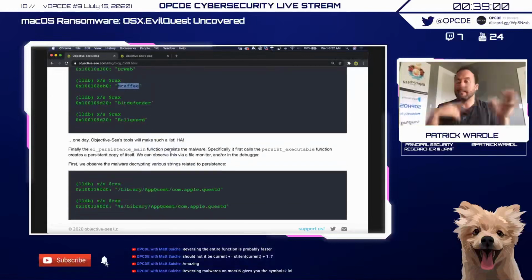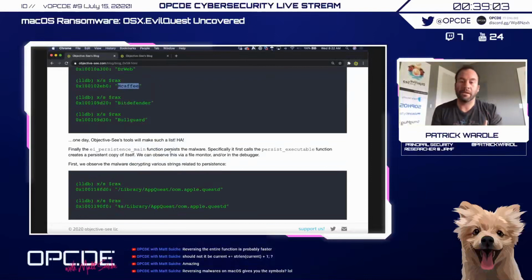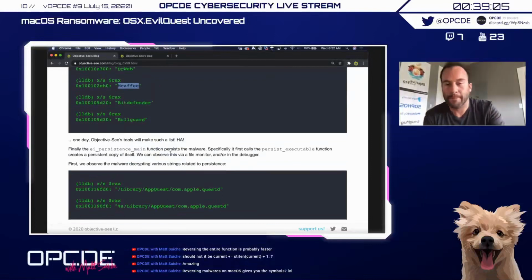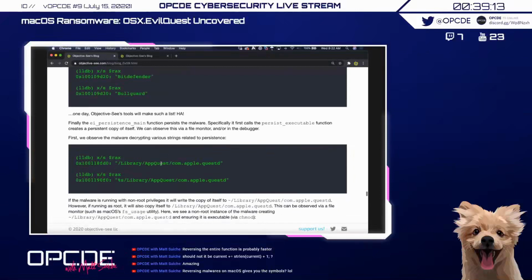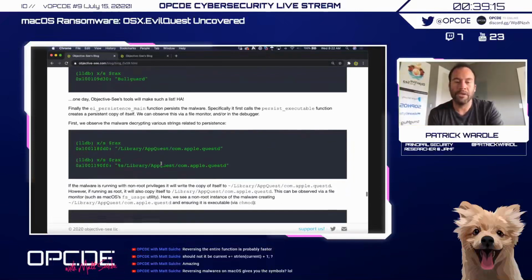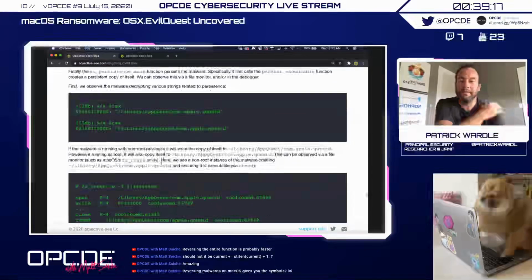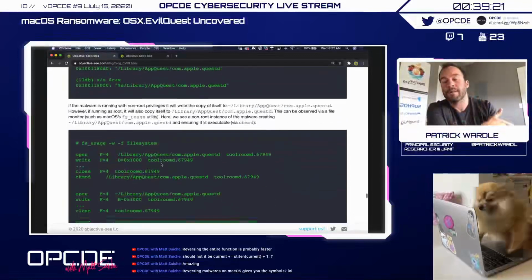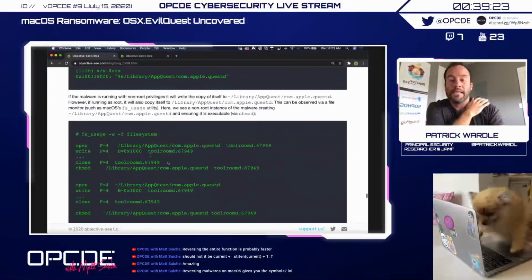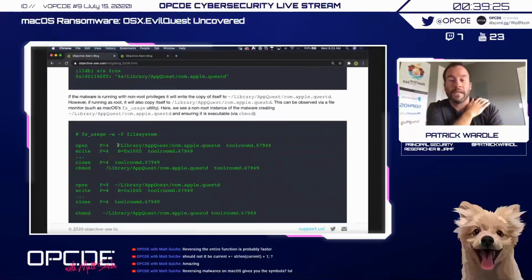All right, so now the malware has done all that, it finally calls the persistence logic. And what we can do is we can dump some of the values. These are decrypted strings, and we can see these are the paths likely related to the persistence. I'll skip the specifics of the persistence, but basically if we run a dynamic analysis tool like a file monitor, we can see it creating files. For example, something called